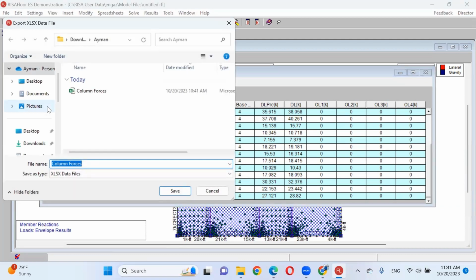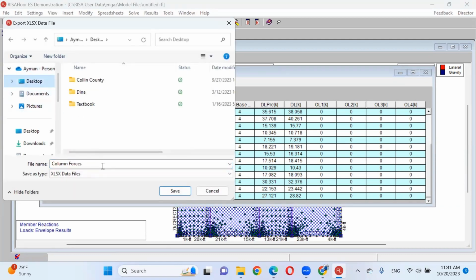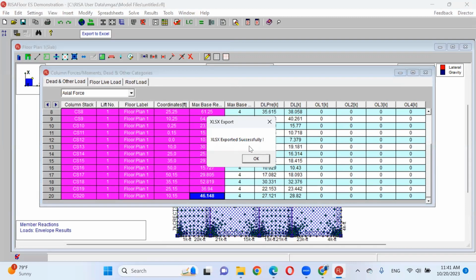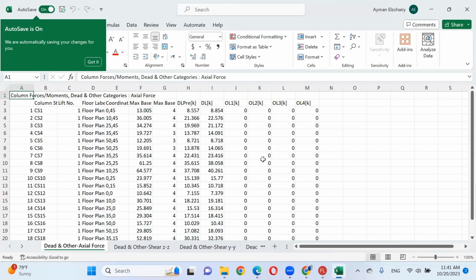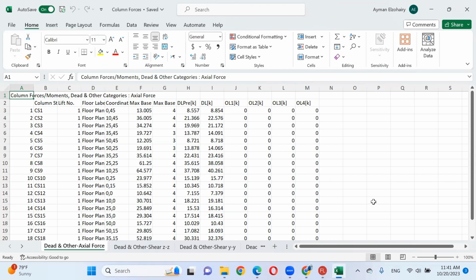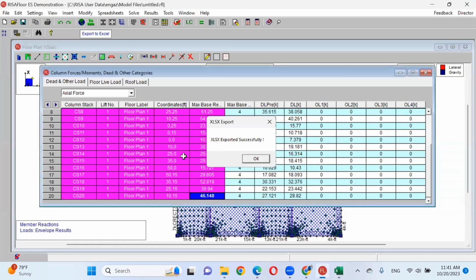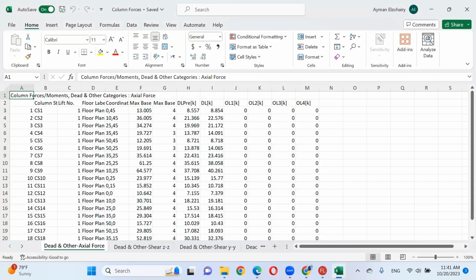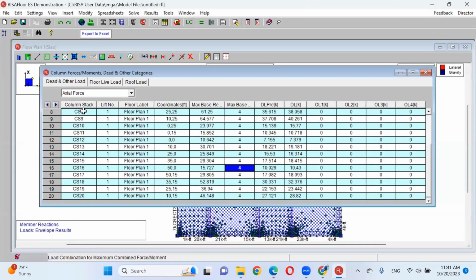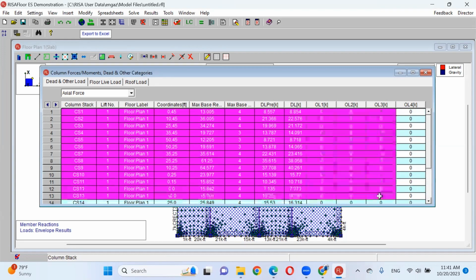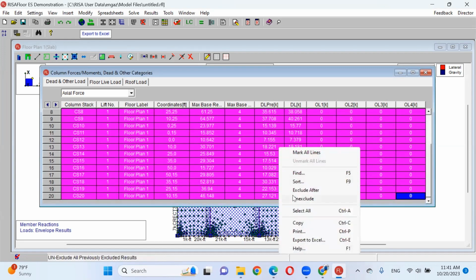Okay. You can save them anywhere on the desktop, save, export successful, and the file will be opened automatically for you. Actually, this one exported everything in the table, not only the first 4 columns, the whole table was exported. That makes sense? One more time, if you would like, I will remove it. I will highlight the table, right click, export,